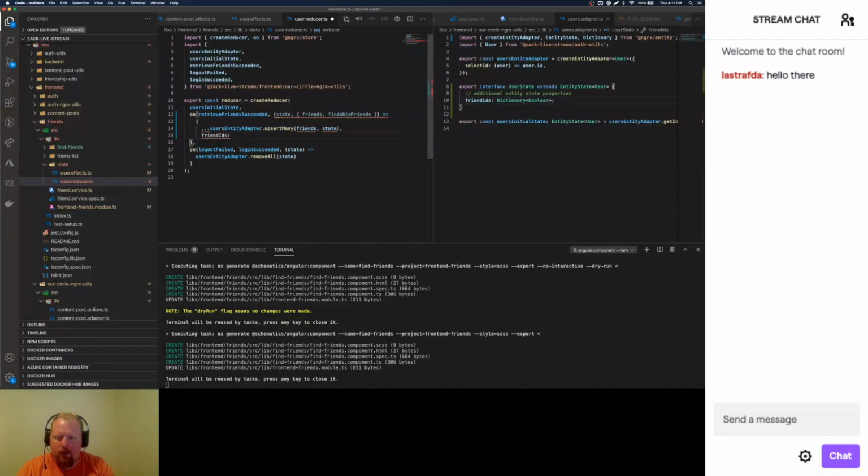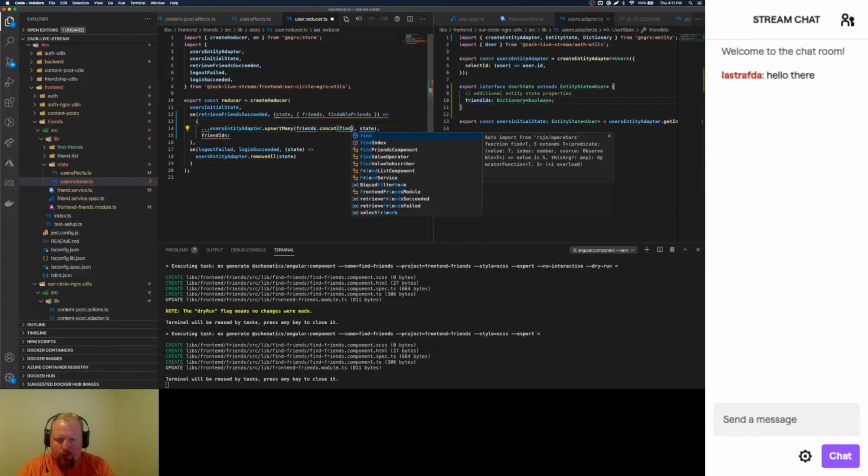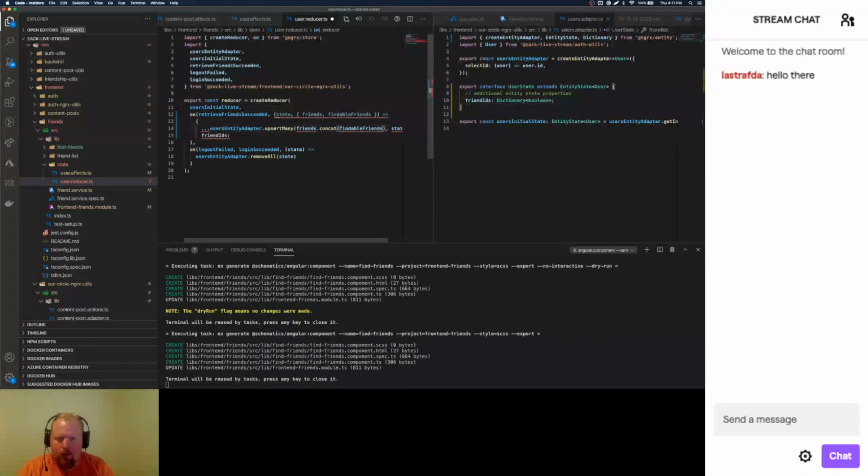So friend IDs, we're going to want to upsert many, concat that to our findable friends. And our friend IDs is going to be equal to what we had before, state dot,